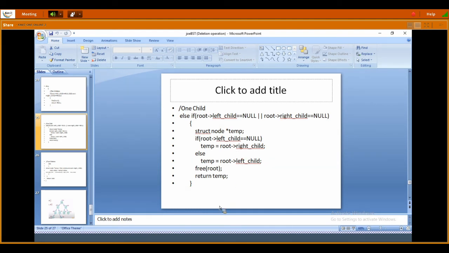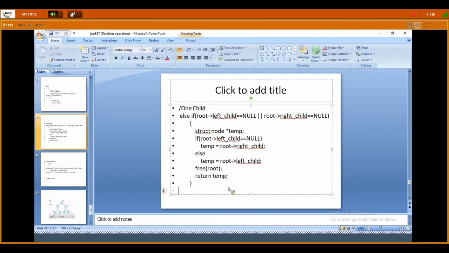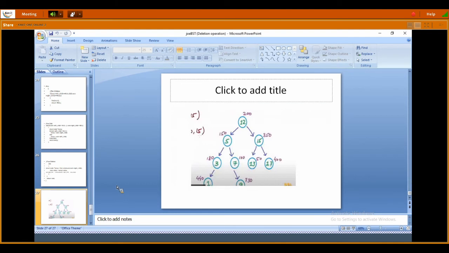So what it is doing: I am taking out 7, that is, freeing 100. Then I am connecting 9 to 5. Just by returning the address, it will automatically be stored to node 5. Is it clear?